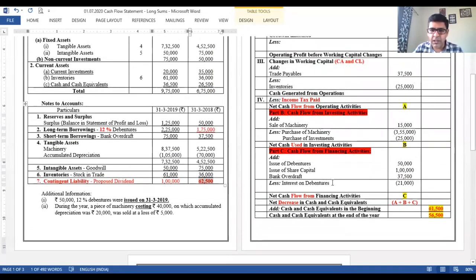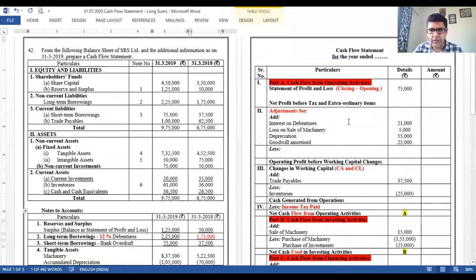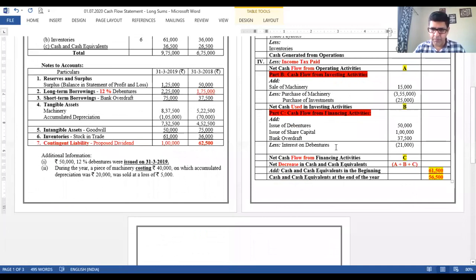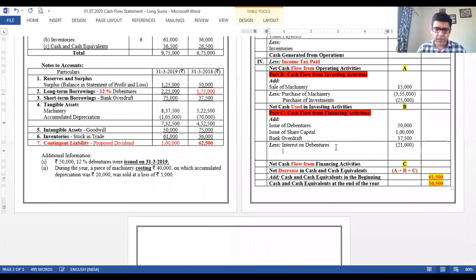The dividend is paid by the company. So when you pay the dividend, it has to be in the debit column. So over here, let me put it over here, dividend proposed. Amount was 62,500, correct? And the same amount has to be paid. The paid and made amount has to be the same over here. So dividend paid, amount is 62,500.